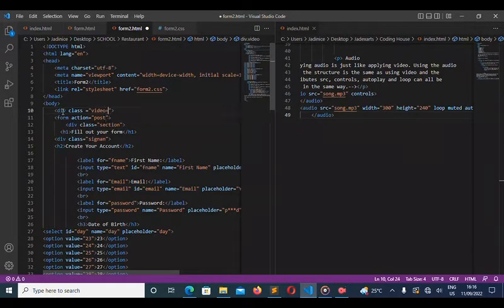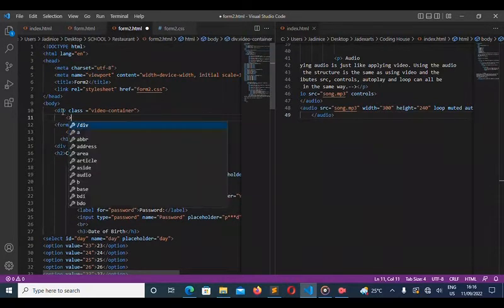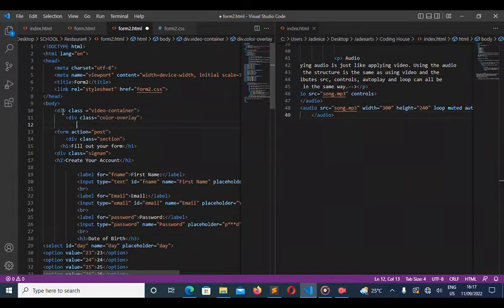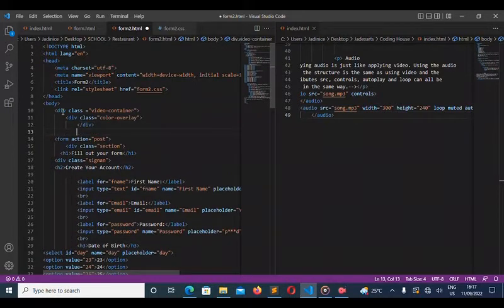So I'm going to name this video container. It's going to contain everything about the video. And then my div class, yeah, I'm creating another one. Now this is for styling. Some might use it because no matter the resolution you use, some videos just do not want to be bright. They are still dull no matter what you do. So in such cases, you use this cover overlay. The cover overlay will, as you see, enhance the video. For those whose videos might be dull, you can use a brighter color, but don't worry, as time goes on you will see. Now you can notice that I've closed the div.